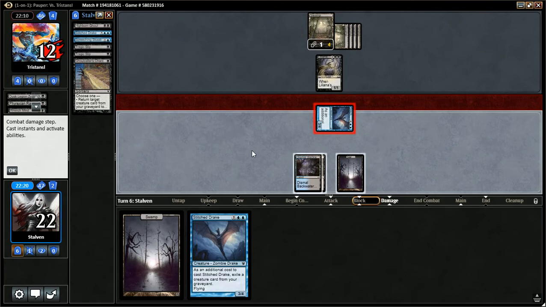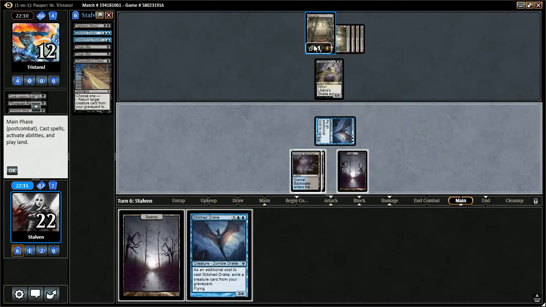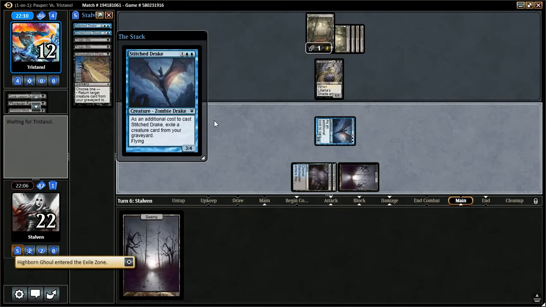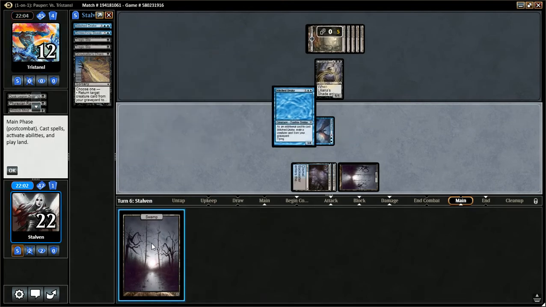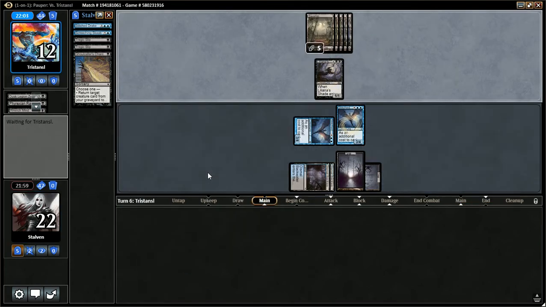He doesn't block, of course, because he can't fly. I guess what I should say, he doesn't use any kind of instant spells. Alright, let's play the Stitched Drake here. Exile the Highborn Ghoul. It's probably the least useful. He cycles a Baronmoor. I guess I'll go ahead and play the Swamp. It's whatever. I'm pretty sure any spell I draw, I'm going to play that turn, so...